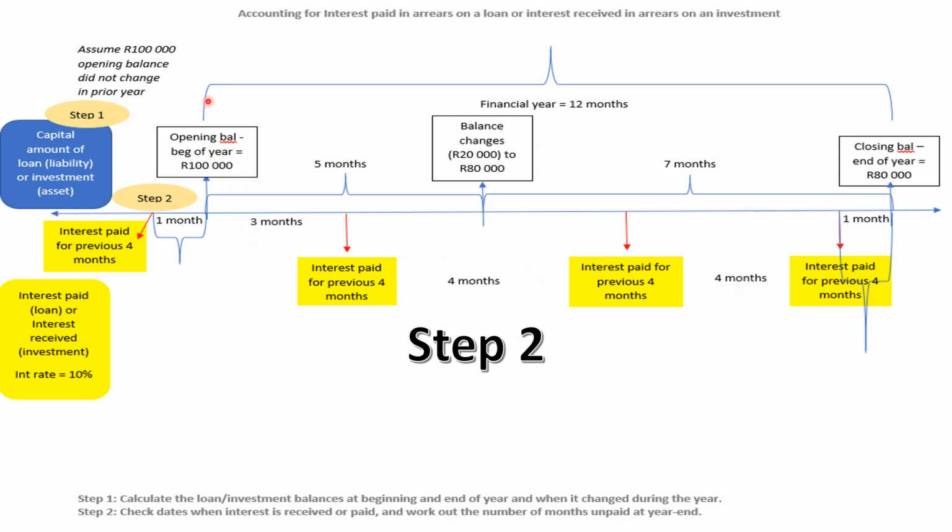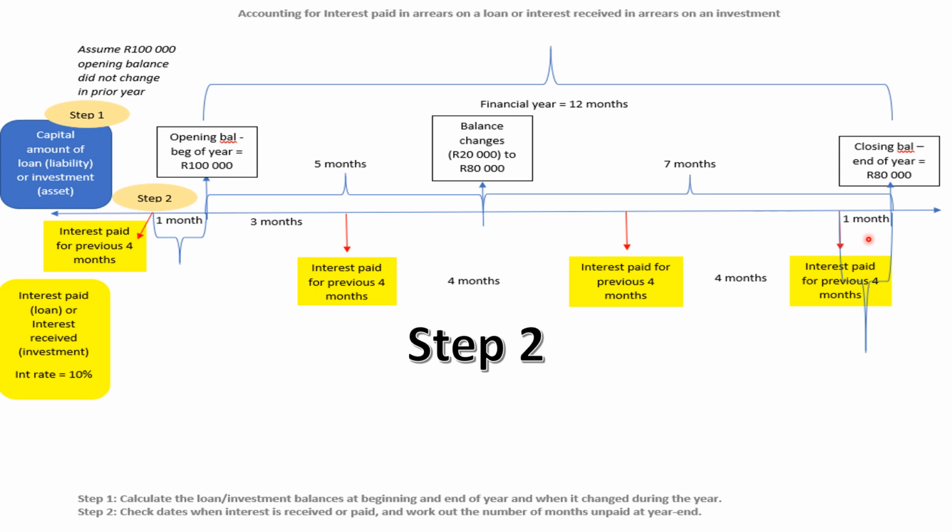So here we have our current financial year. Here's 3 months. That's the first interest payment. That's for 3 months of the current year, plus 4 months, that's 11. So we have 1 month of interest here that we still haven't paid, because the next payment will happen 3 months into the following year. So by the end of this year, I need to account for the fact that there's 1 month of interest